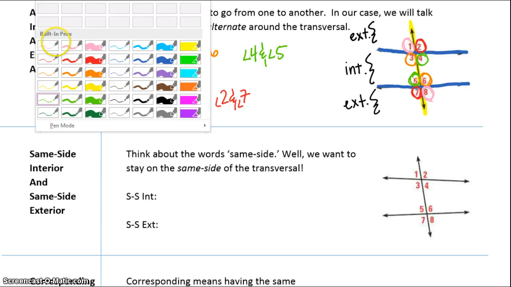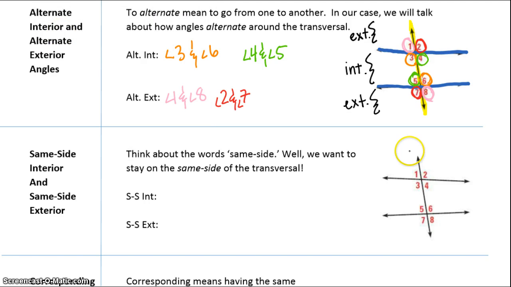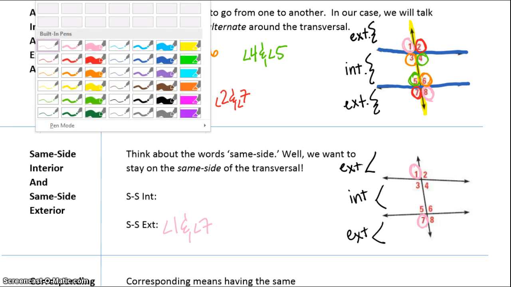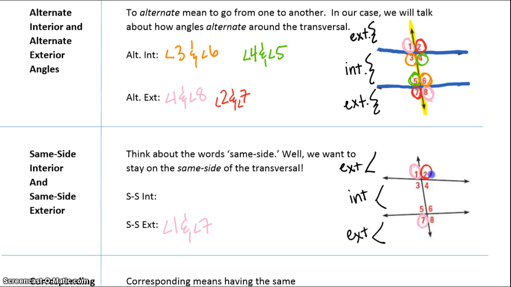So speaking of, let's go to this next section here. There's also same side interior and same side exterior angles. First, remember this is our exterior, this is our exterior, and this is our interior, okay? Our transversal is running down the center. So I want angles on the same side. So here's 1, same side, exterior. On the same side and on the exterior would be 1 and 7. So angle 1 and angle 7, same side, exterior. And then 2 would be same side, exterior with 8. So angle 2